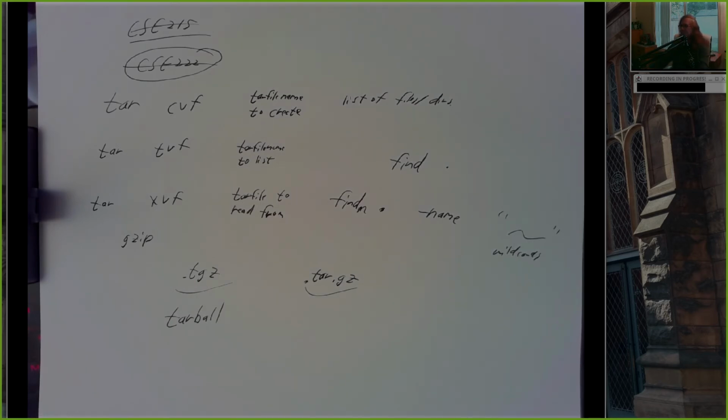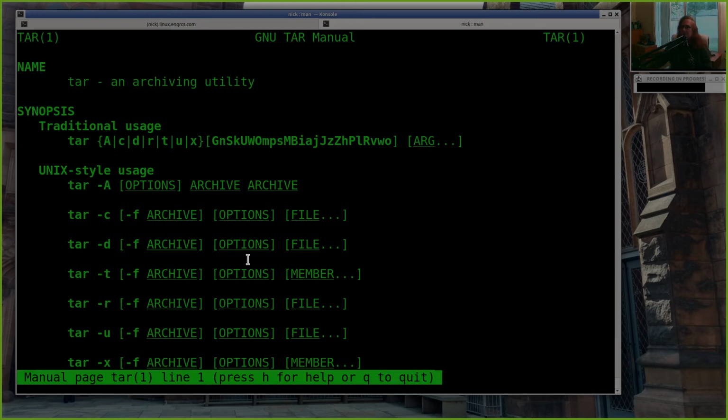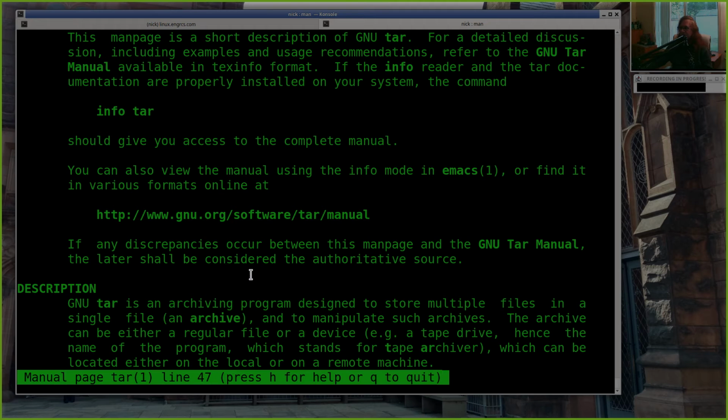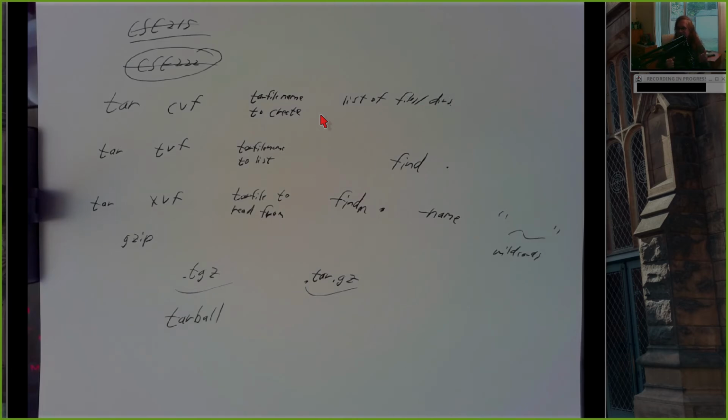Yeah. So AR is an archive utility. Tar is a tape archive utility. I don't know if they still call it that. Yeah, they don't really refer to the tape anymore. But it's really made for simply taking a collection of files and storing the information about them and their relationship in a directory structure.